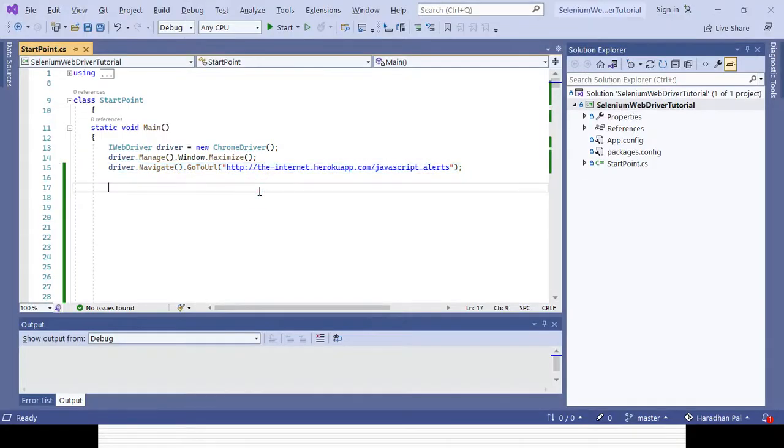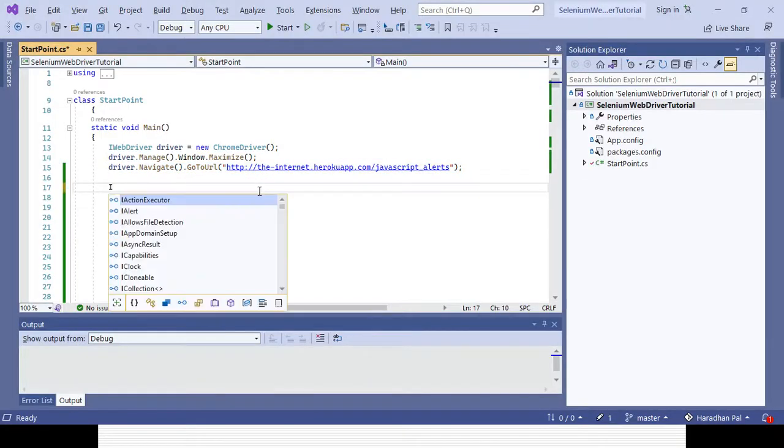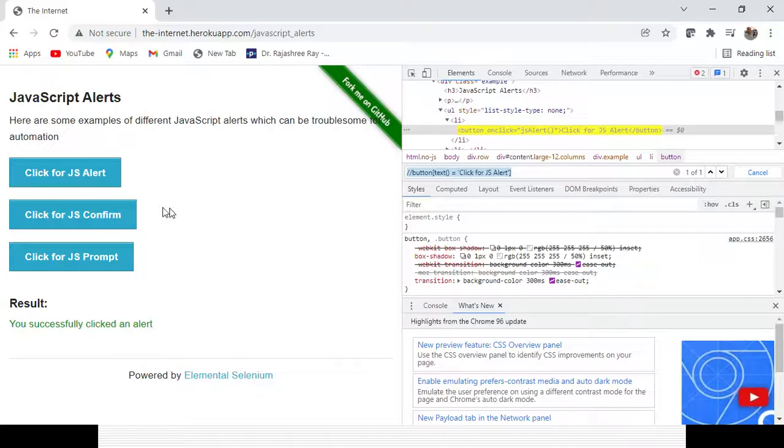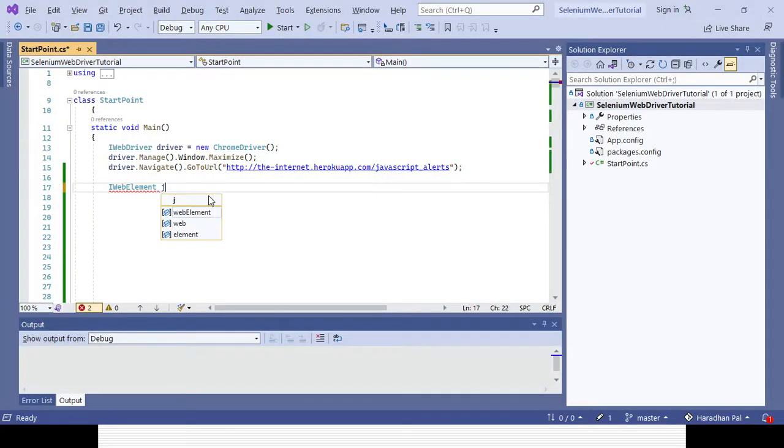So here I will use an IWebElement. What is the alert name? The alert name is JS alert button. After clicking on that element, some alert will come in. How will I identify the element?